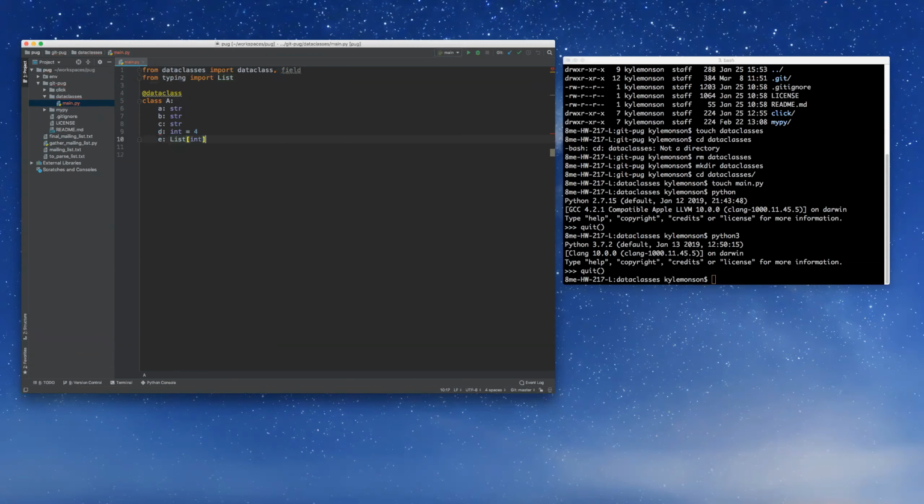And let's see, why is D complaining? Fields with default value must come after any fields without a default. Okay, I'm working on it. Equals a field, and then we're going to give it a default factory of list. So now this has everything it needs to automatically create an equivalent constructor to what we did, a